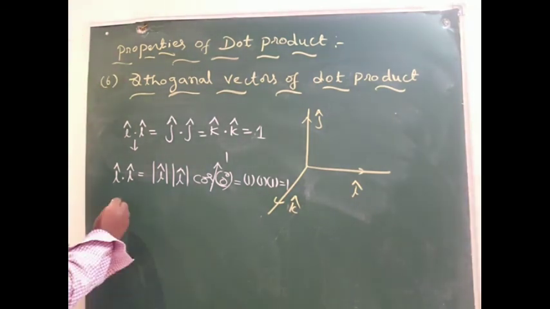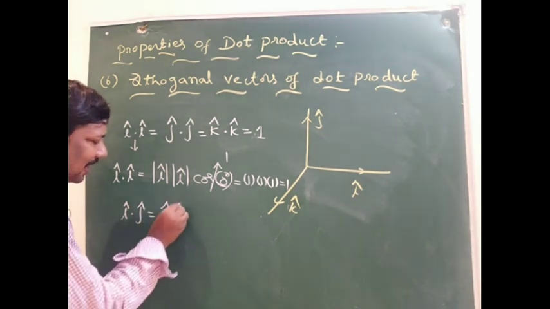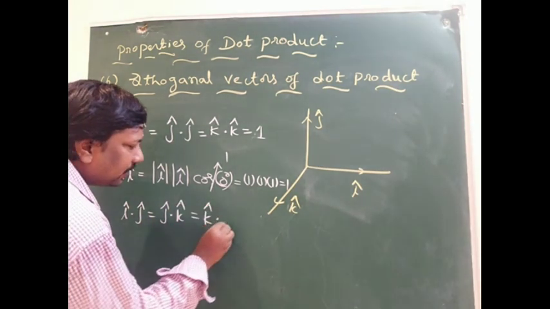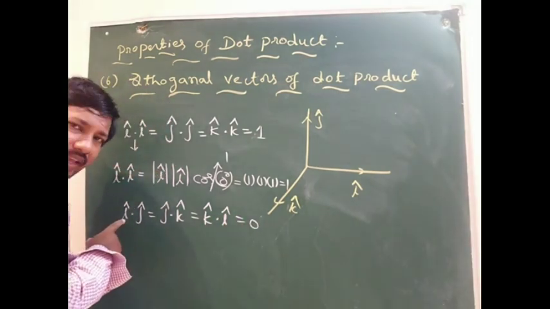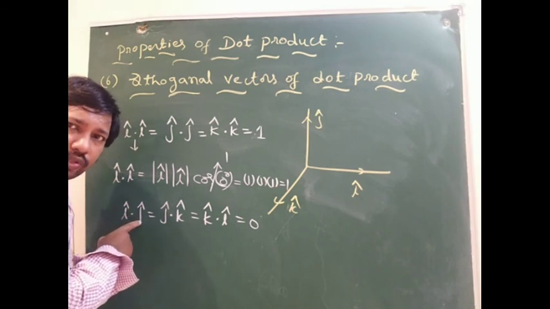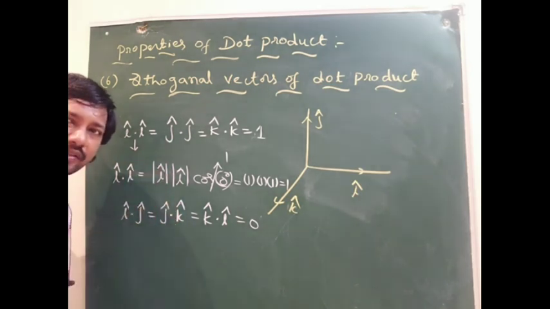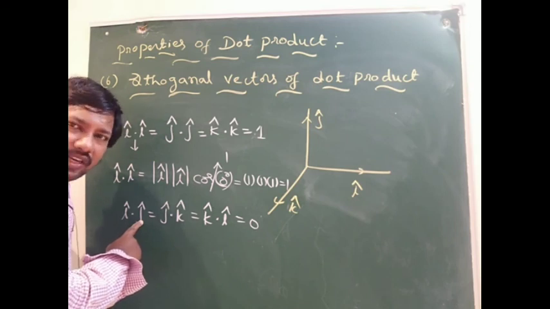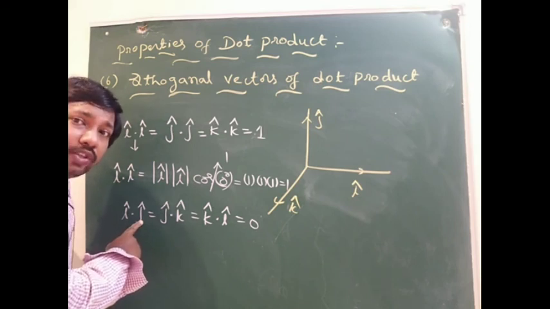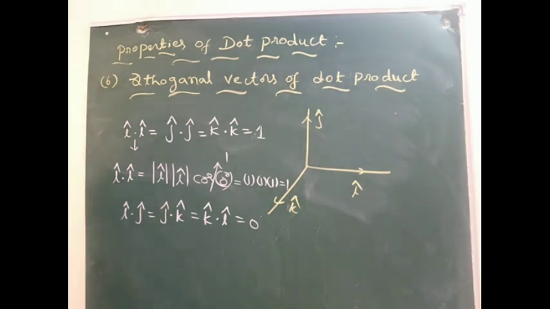Okay. Next one, I cap dot j cap, j cap dot k cap, k cap dot I cap is equal to 0. Why? In this case, I cap dot j cap. Here I cap is along the x-axis, j cap along the y-axis. So these are perpendicular vectors, mutually perpendicular vectors. We know that the dot product of any two perpendicular vectors is 0. So therefore 0. Okay. Next property is